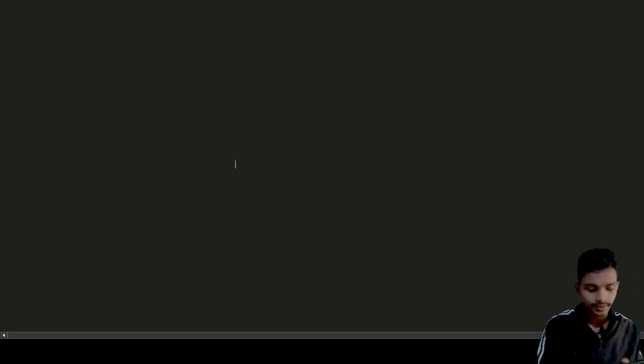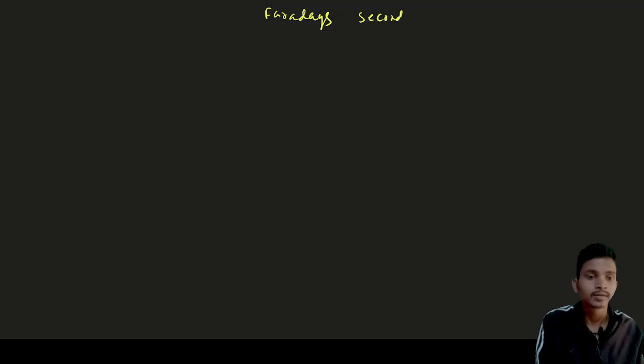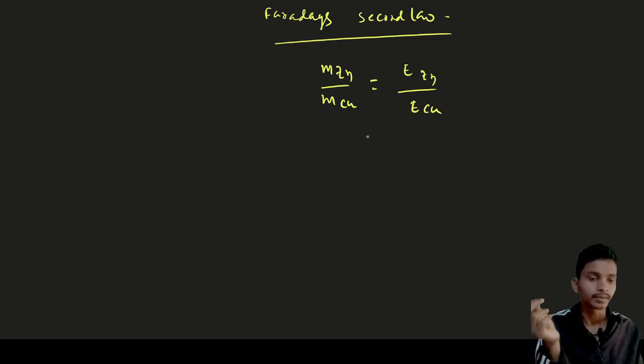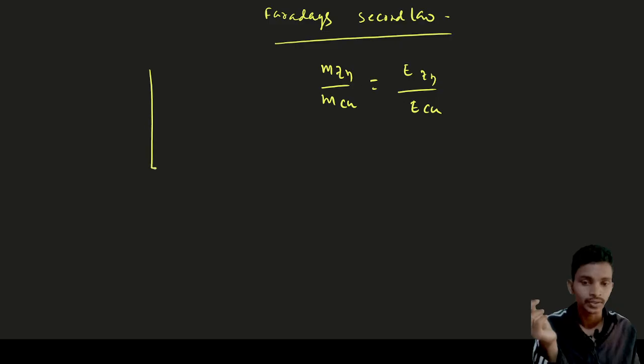So in the previous class, I said something about Faraday's second law, where I say that mass of copper divided by mass of Zn equals the equivalent mass of Zn and the equivalent mass of copper. Where I drew the pictures